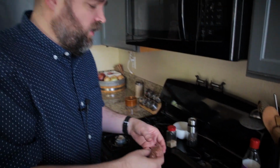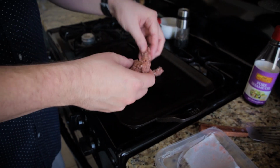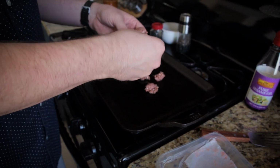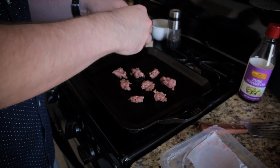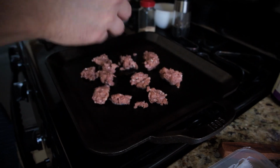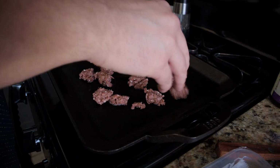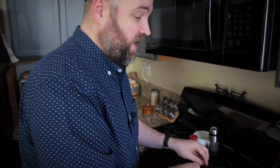It really somehow transforms. The trick is to break this up into little bits. And we don't want to break these up any further. And these will have kind of a steak-like texture. For this one, which is the traditional cheesesteak style, we're just going to season it really simply. Salt, pepper, probably a little bit of garlic powder. And I'm also going to add my onions and pepper at this point,